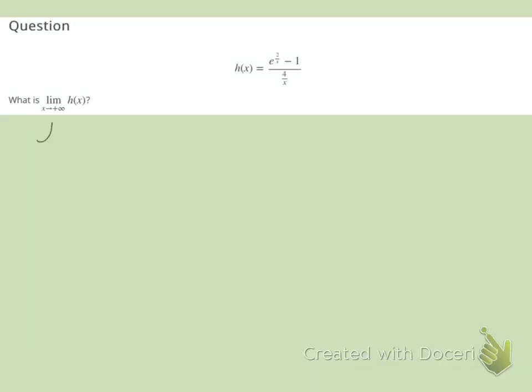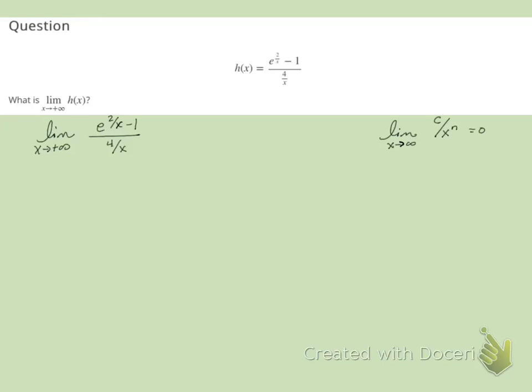So for this practice problem, we are finding the limit as x goes to positive infinity of e to the 2 over x minus 1 over 4 over x. And I just want to remind you of a limit that we already know. We know the limit as x goes to infinity of any constant over x to a positive power